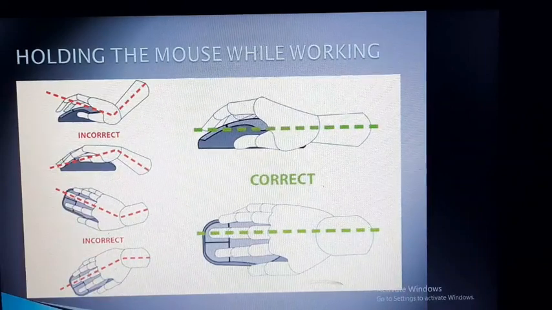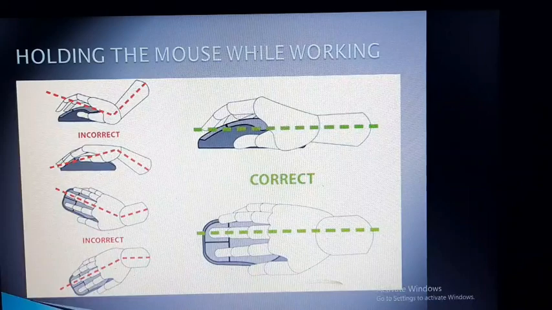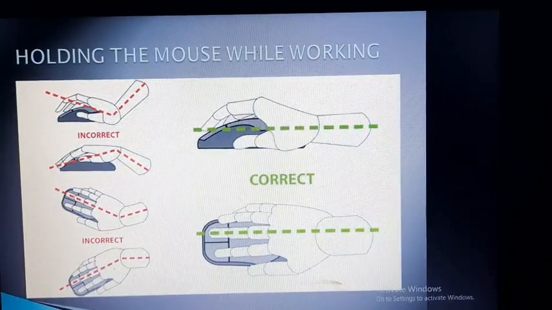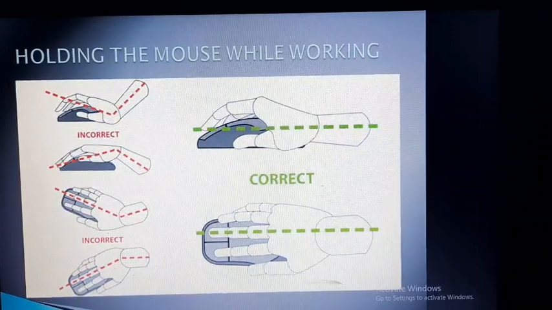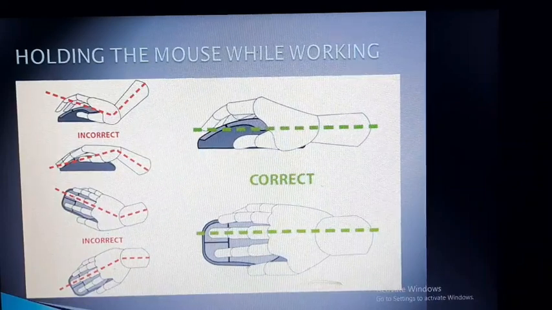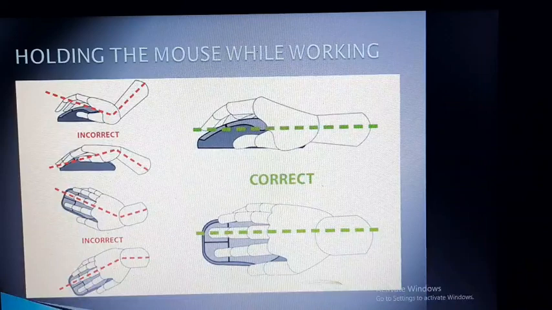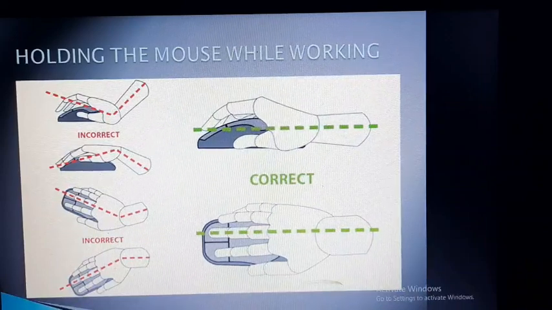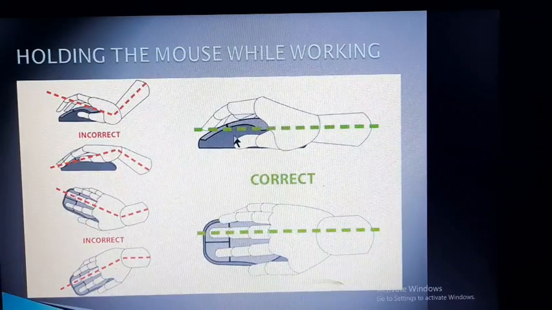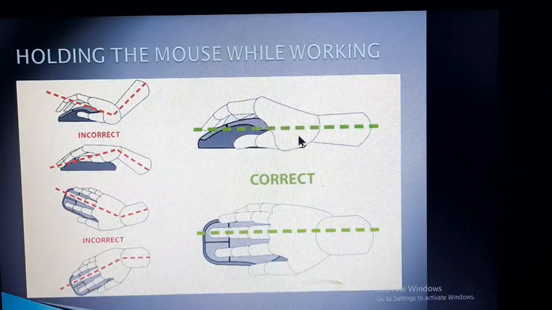The left key is used to select options. Also, it is used to move the cursor to a particular position. The right key is used to display the context menu. Context menu means a menu having options depending on the object we right click.